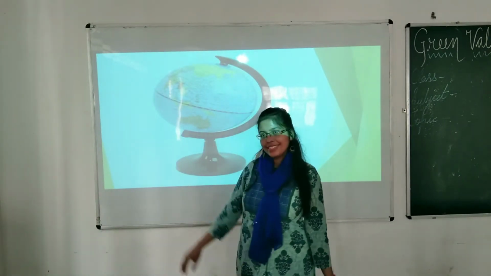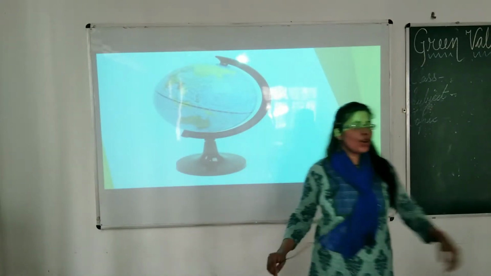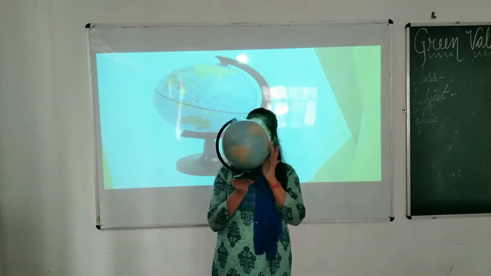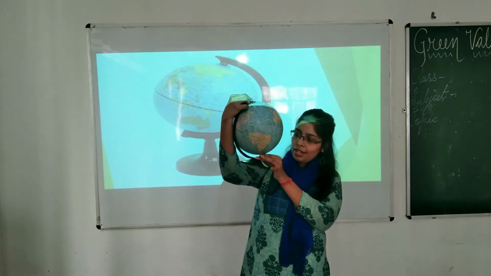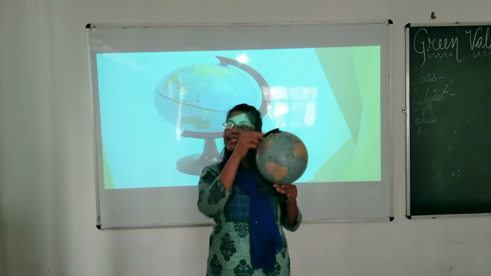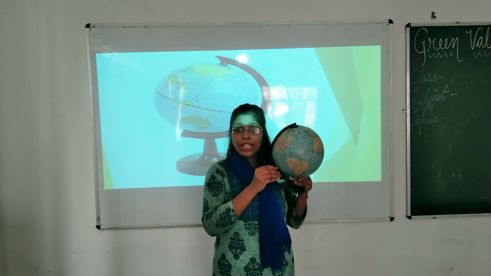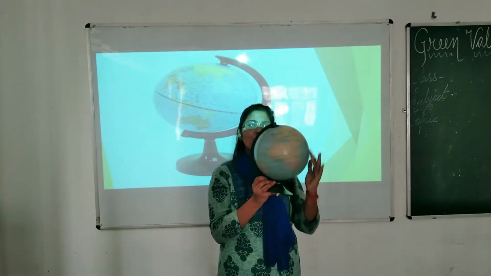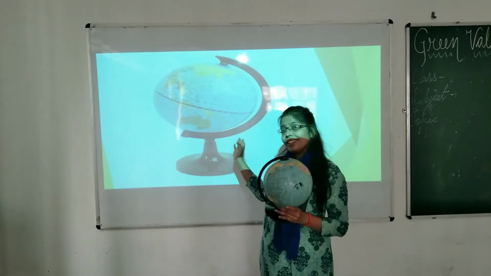So what is this? This is exactly a globe. What is this? This is a globe. Now, what is this? This is also a globe. So you can see in my hand that I am having a globe. How does it look? You are going to study about this known as a globe, a 3D model of Earth, an exact replica of Earth. You cannot see Earth, but Earth can be represented in the form of globe and map. But right now you are going to study about globe. So students, this is a globe, and here also you can see that it is a globe.